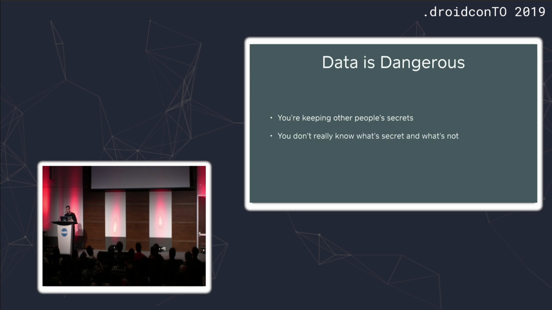But as an application developer or as a product team, you don't actually know what's secret and what's not. My favorite example of this is a few years ago, Facebook had a feature where you could join a Facebook group because of the church you went to or because of the board games you were interested in. And there was a college that had a Facebook group for the gay choir. If you wanted to sing with your friends at the right time, you joined that Facebook group and it would tell you, we're all meeting at this time and date to sing some gay songs. The problem was that at some point, some product manager at Facebook said, we can really juice our numbers